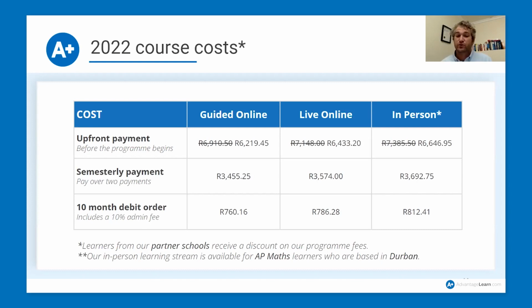Learners from our partner schools do receive a further discount. So DHS learners on the presentation this evening, for instance, our advanced programs are being adopted into the elective program at DHS, and so DHS learners will benefit from an additional discount because Durban High School is a partner school in that regard. So just check whether your school is a partner school with AWho Learn, and you can check that with us, and you may be eligible for additional discounts in that regard.